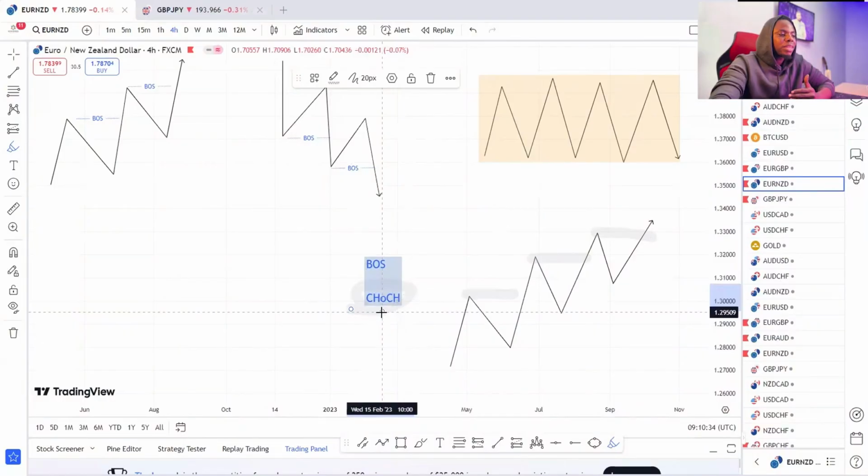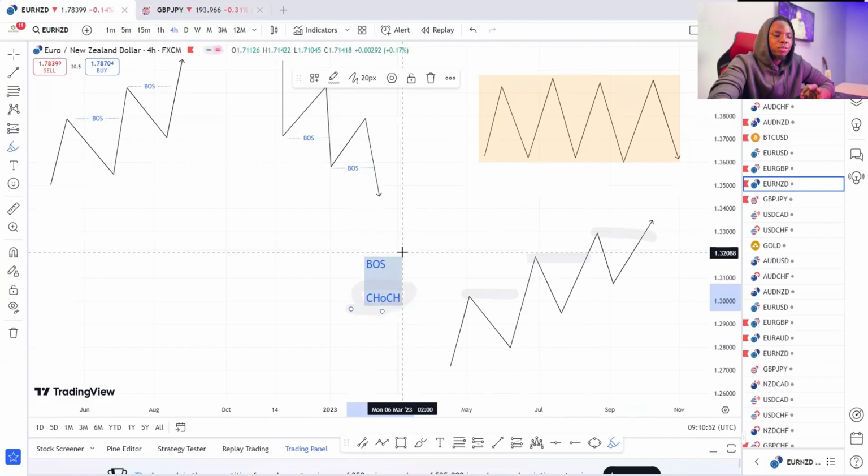Why change of character, this second one here, is when the market changes movement. That means when the market is a sell market, the market converts from a sell market to a buy market. And I always advise, never get married to your trend, because the trend can change anytime. So if you understand break of market structure and also change of character, which happen to be the major things we'll be looking at in picking up our trend today.